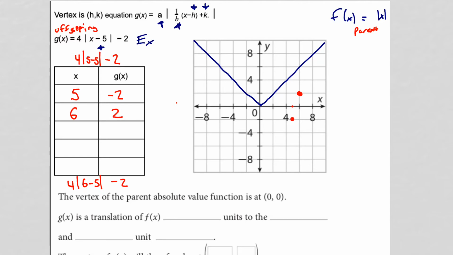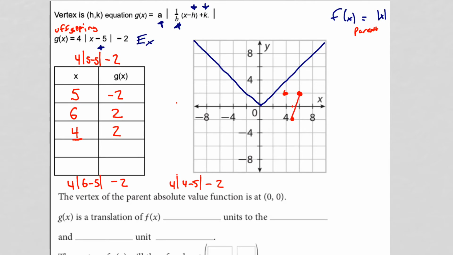Well, I tried 5 and 6. Let me see what happens when I try 4. So I'm going to take 4 times the absolute value of 4 minus 5, because that's what I'm replacing for x, and then minus 2. Well, 4 minus 5 is -1, and the absolute value of -1 is simply 1, because -1 is 1 unit away from 0. So 4 times 1 is 4, and 4 minus 2 is 2. So I also get 2. So then I go to (4, 2),